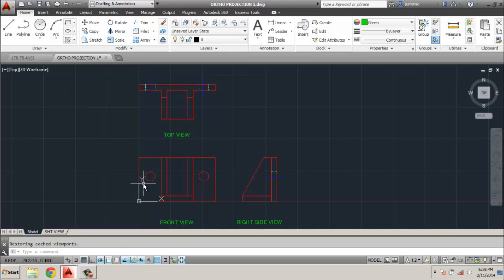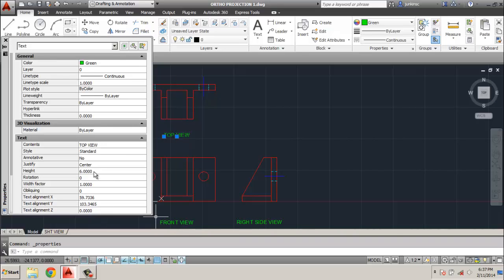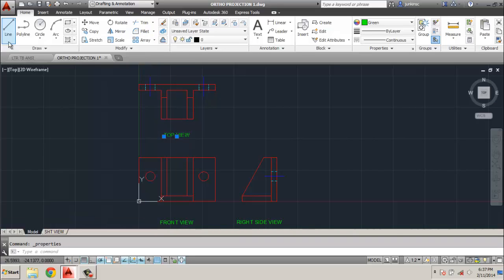Go back to our model. We're going to put our dimensions on here. If I check this text, it's in green, I'll just look at the properties. If you're looking for the size, it is a 6mm high text for the titles. So the command we use is